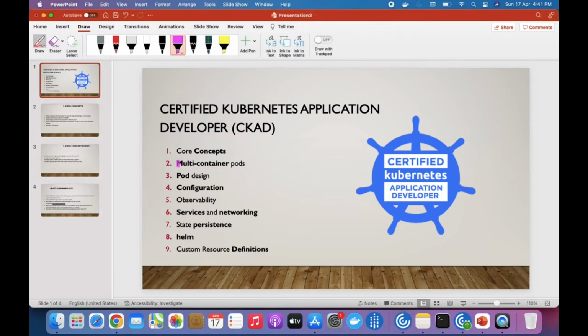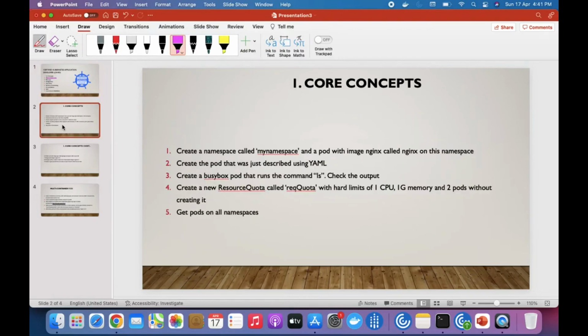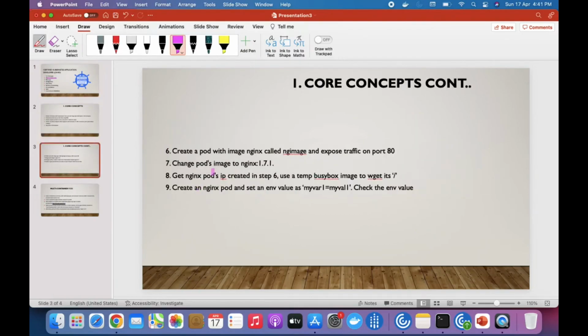So we have learned core concepts like how you can scale, and in the questions we have already seen how we can set the image and how we can set the environment variable. I hope you have already practiced it and understand how it works. In case of any questions, you can comment on the comment section. Okay, so let's not waste our time, and let's start with the